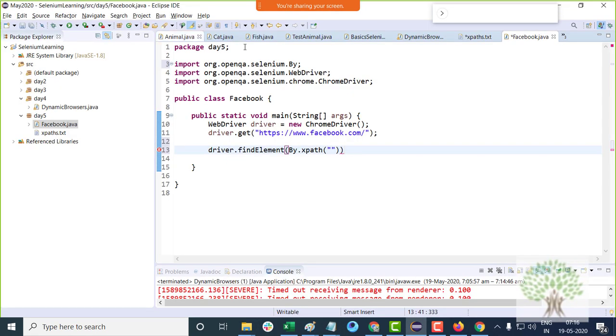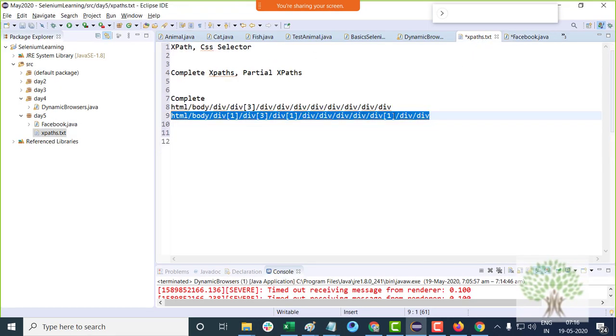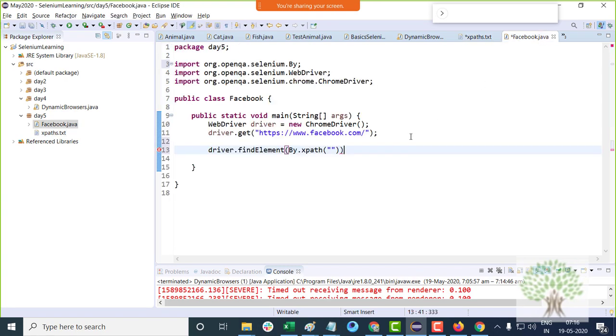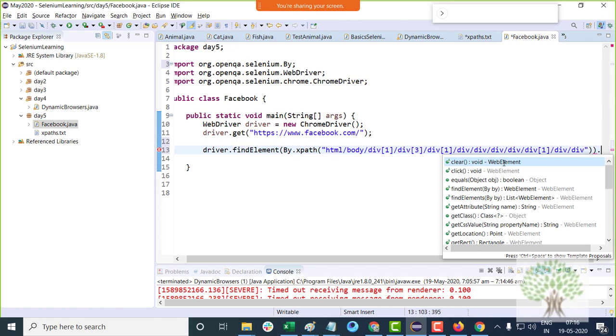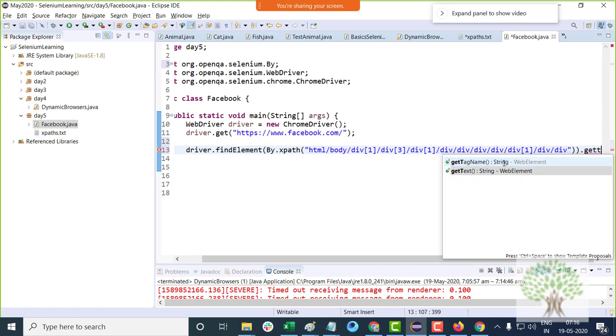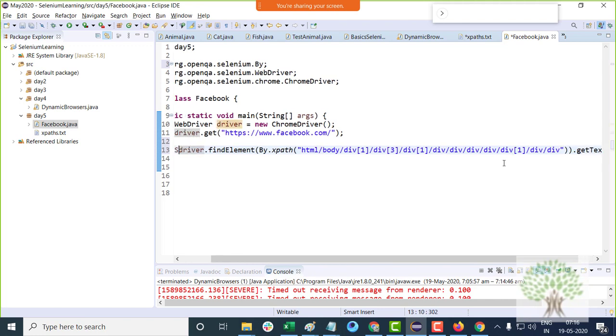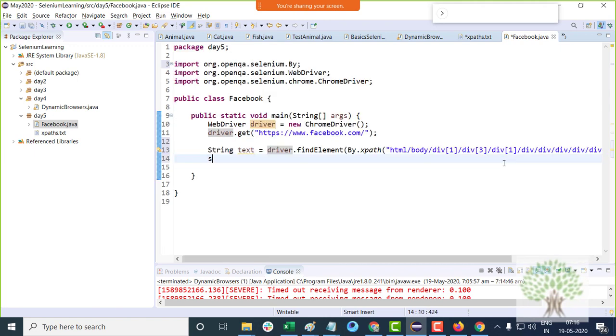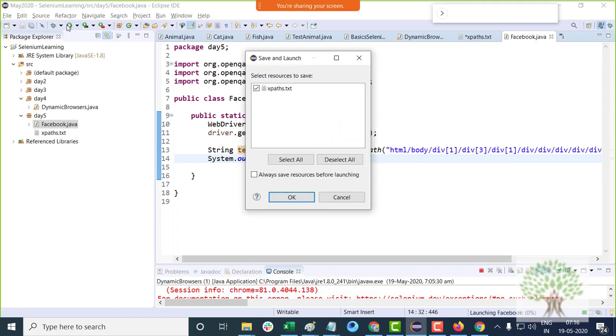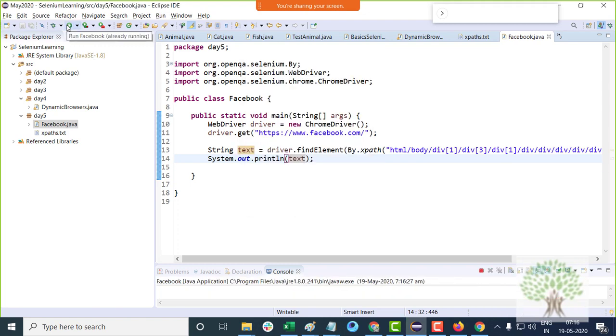Fine. So over here you copy the XPath and you write dot get text. Get text command will find the text from the web element. Fine. You can get the text and you can print it. Okay, so this is what complete XPaths are about.